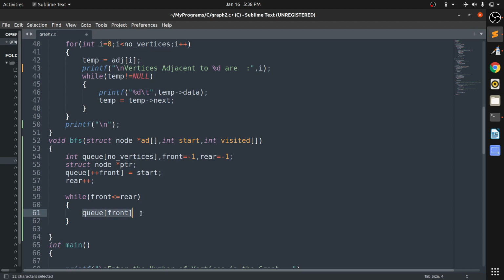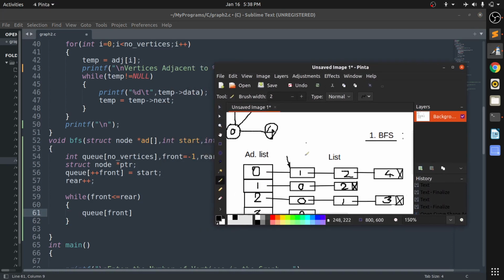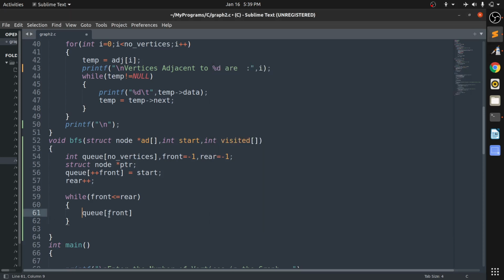So there is a list.ad, so whenever it is start, it is saying to start from 0. Okay, so I have to select ad of 0. So where 0 is pushed into this queue, ad of, okay, I think you are getting this, means the value that is present in the queue of front, ptr. Okay, I think you should get it.